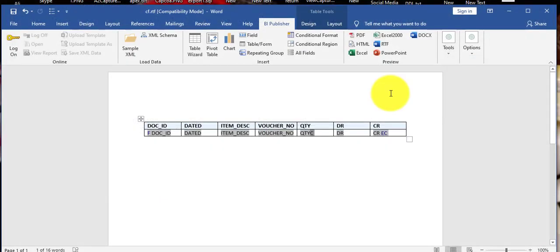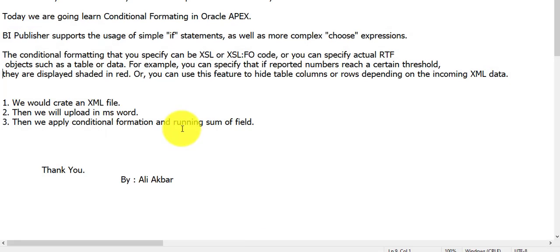Now I'm closing this field. So first we created the XML file, then we uploaded it in MS Word, then we applied conditional formatting, and now we are done with some fields.